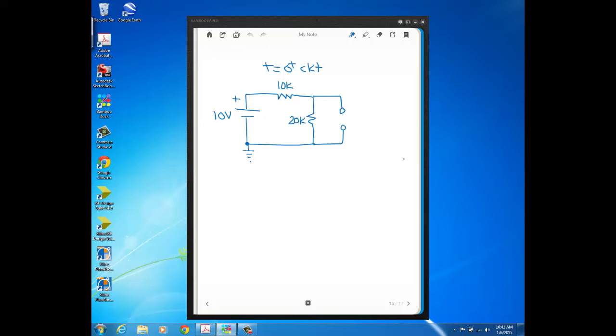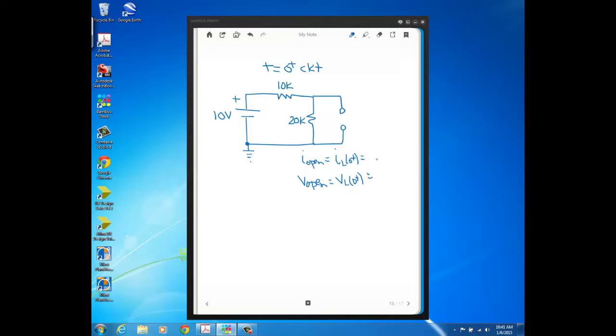So now we just need to solve this circuit, and if we find the current for the open, that's the current for the inductor at t equals 0 plus, and if we find the voltage across the open,